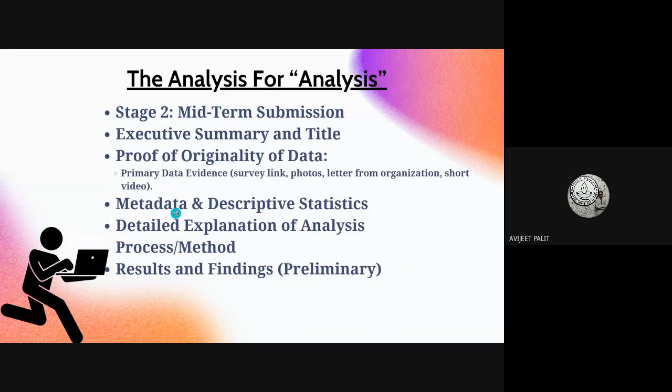In metadata, first you have to describe, okay, this is sales data, and sales data is this. Now in the sales data I have one column header, which is date of purchase or date of sale, whatever it is. For it, you have to write a one or two line description: date of purchase is this and this. Then you have to say that this column contains data in date format, and whether it is nominal data, ordinal data, ratio data, or interval data, that is, the nature of the data.